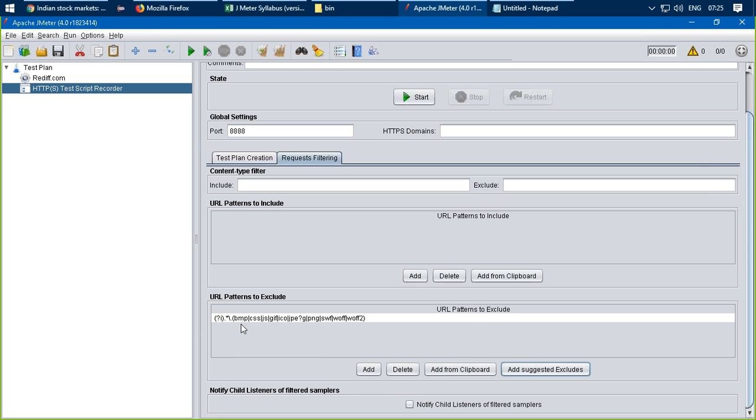So over here, see, it is excluding BMP file, CSS file, JS file, GIF file, .ico file, JPEG file, okay, PNG file, SWF file, WFF file, and WFF2 file. So these files are not needed in JMeter. Okay, we don't need these files. Okay, so we will be ignoring all these files, and say now I'll start this